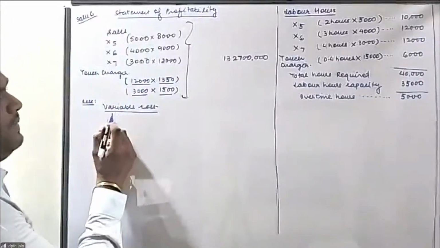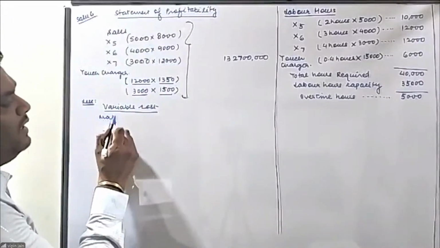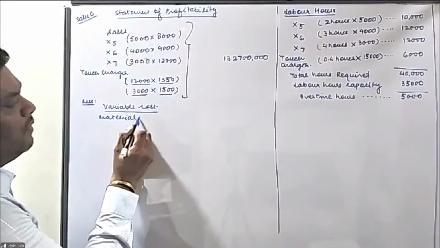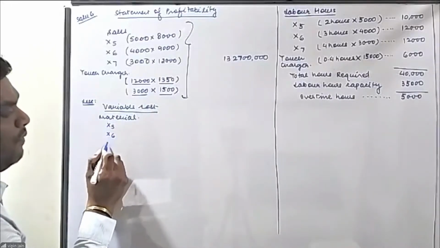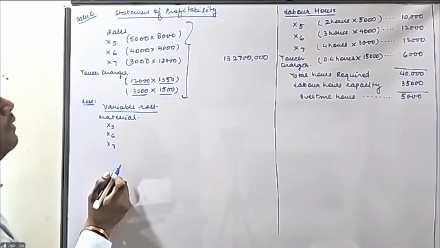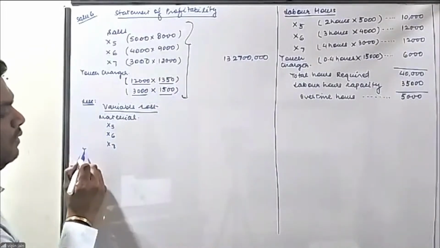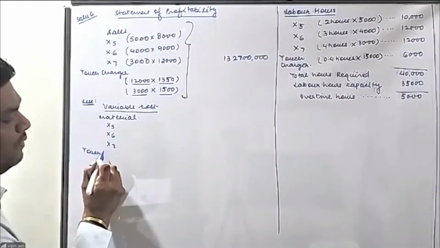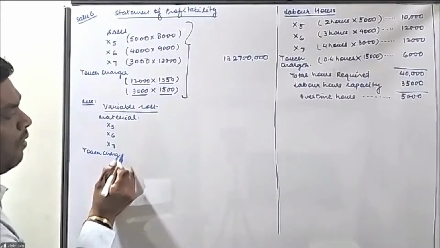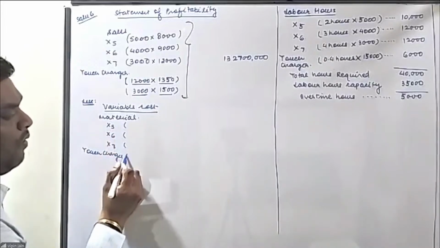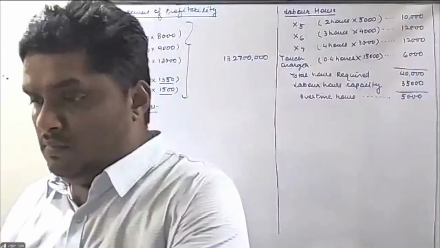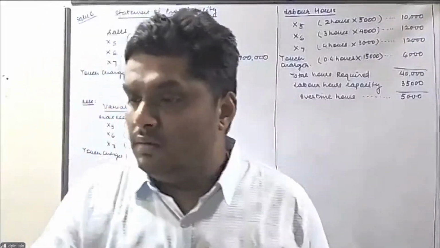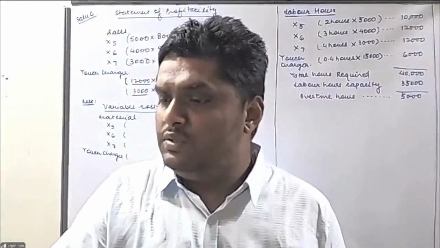Now, next is variable cost. In this, we'll start with material cost first. So, material cost we have is